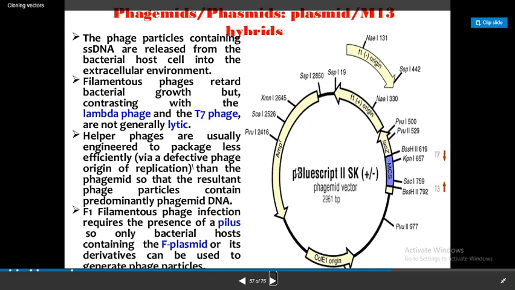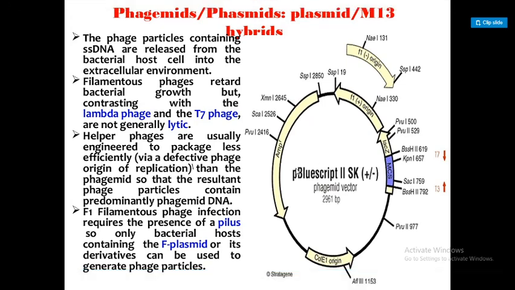This is an example for phasmid. So a phasmid contains single stranded DNA that is released into the bacterial host cell. It is also undergoing some lambda phage cycle. We have learned about the lytic cycle and the lysogenic cycle. Similarly, here it is undergoing lambda phage. How does the replication occur?